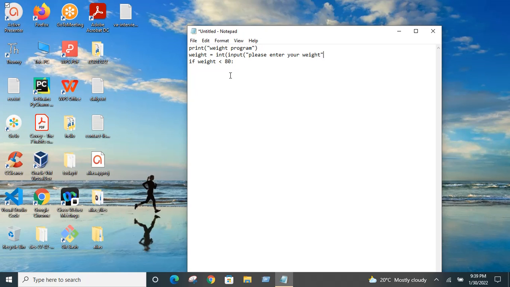I'm closing this bracket, and this one also. So here in Python we are not giving any semicolon at the end of the statement. So see here, this is the first condition. I'm declaring the variable weight here. I'm taking the input from the user, and if weight is less than 80, then I will say it as print